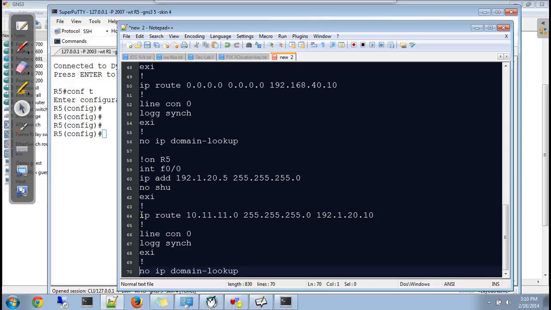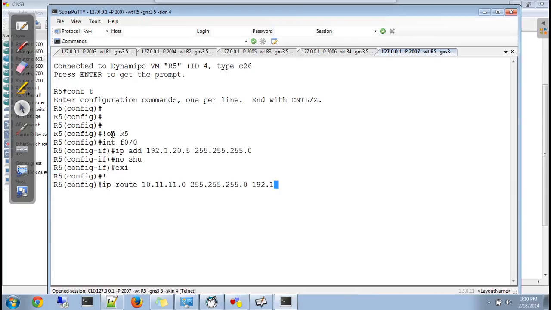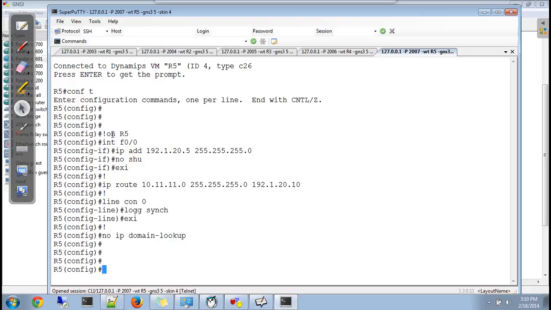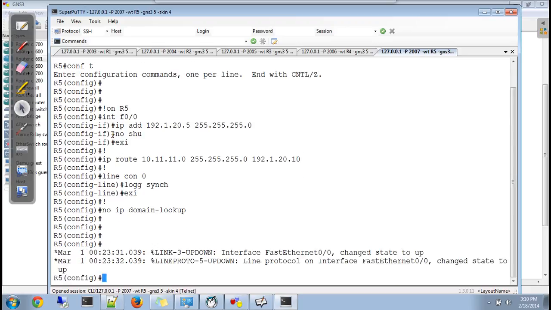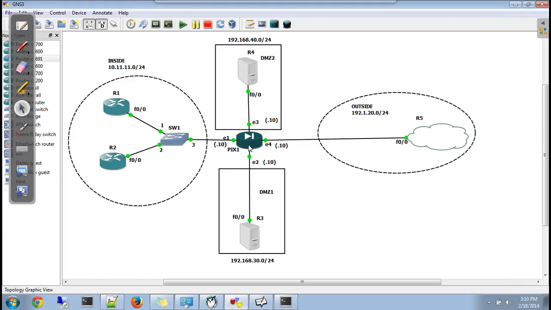Don't worry, soon I'll be removing this route. Done. We have the firewall remaining to be configured, so I'll go to the firewall.